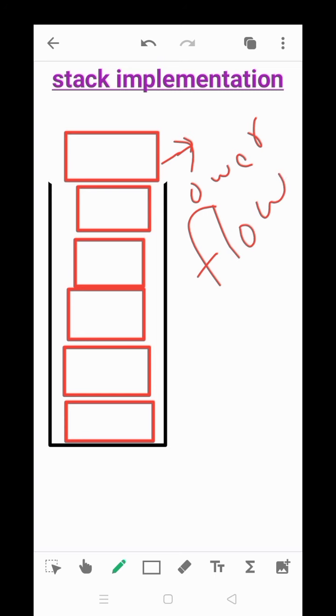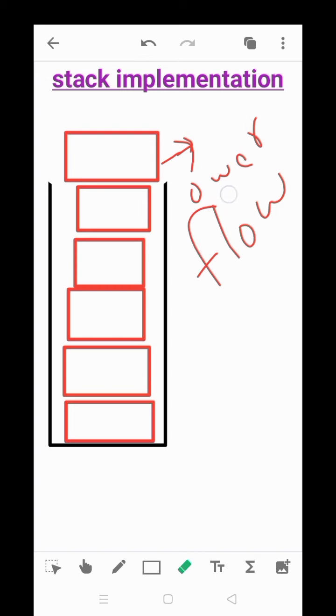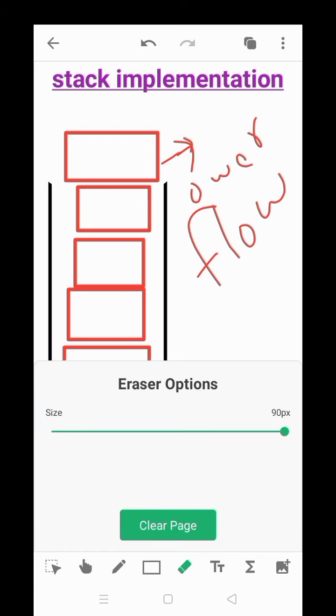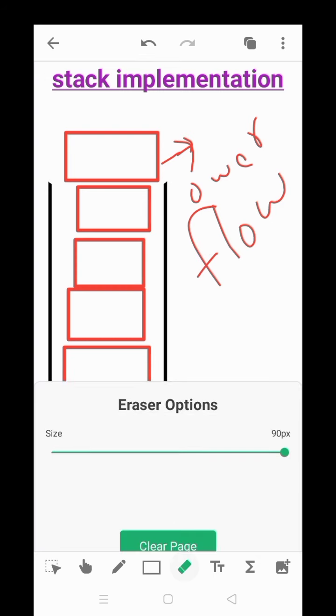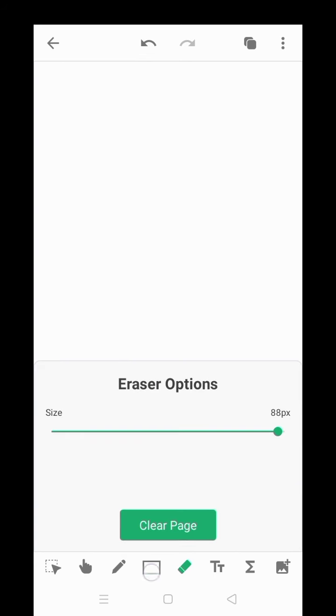If there is no element at all, we have completely removed all the elements and cleared the space.